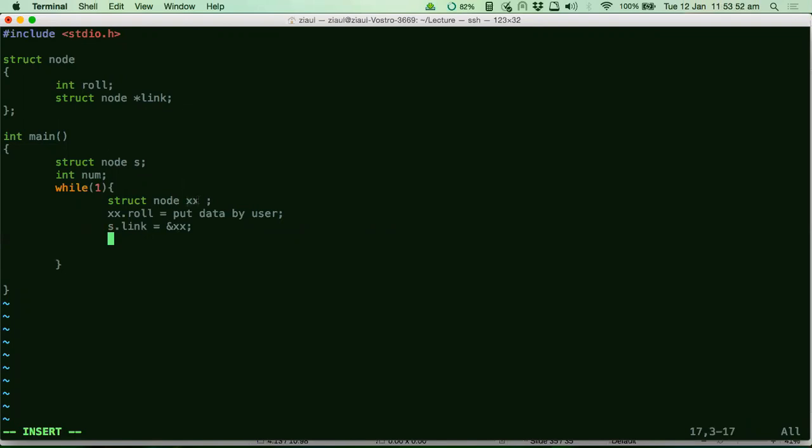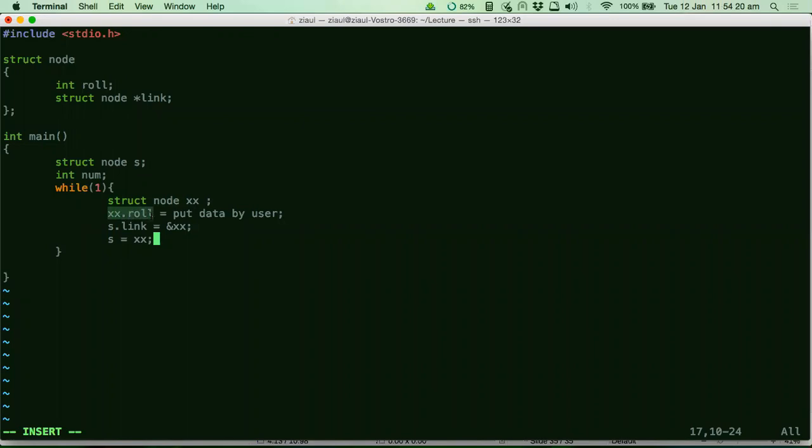I mean, you have to have a handle to the last struct that you have visited. So when this iteration comes up again, you just store something like this, s equals xx. Now your entire thing will be linked up. Do you guys understand this? See, here we are creating a new node with every iteration.